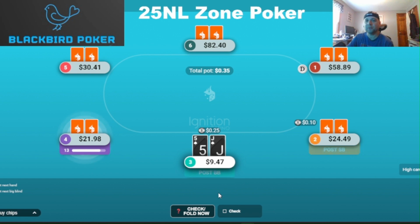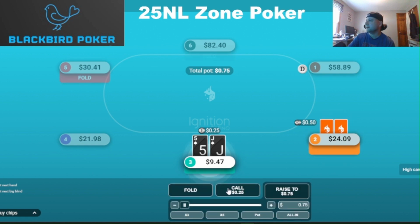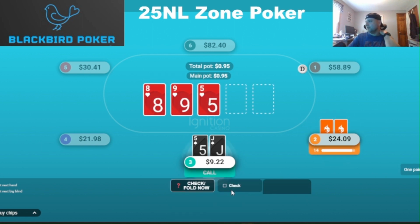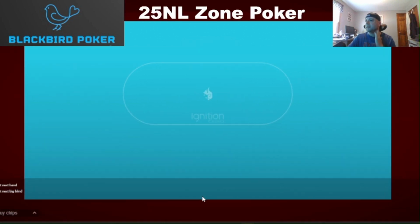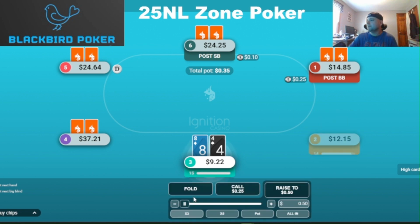So between Foxwoods and Mohegan, I think overall I kind of lean towards Foxwoods, at least at this point. More comfortable with the player types there, even though it's a little bit of a tighter game. I think 2-5 is pretty good and very profitable. Do we set up a bluff? No, I guess not. But I might start playing at Mohegan more, maybe later this fall or early 2024, just